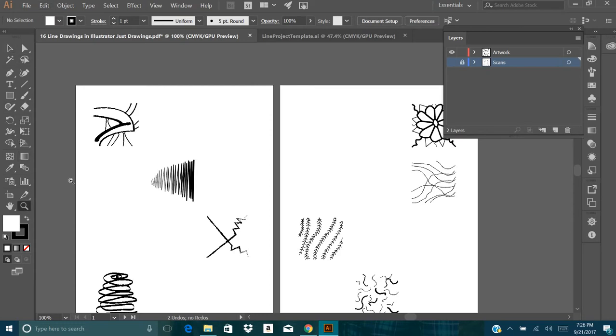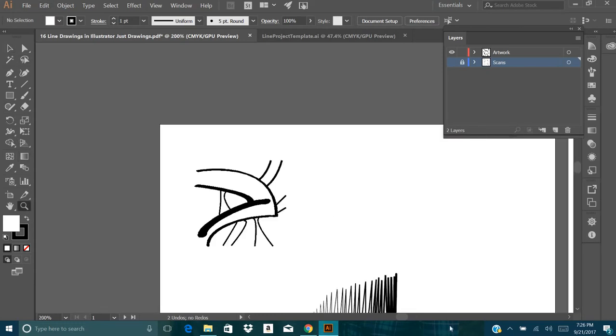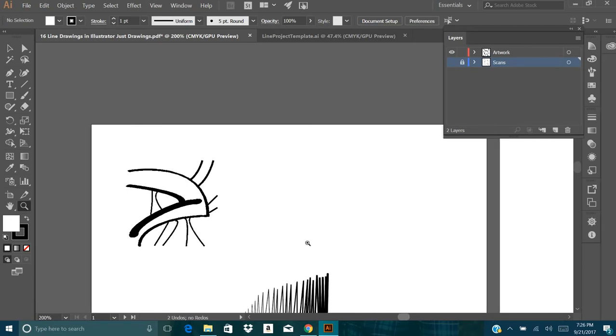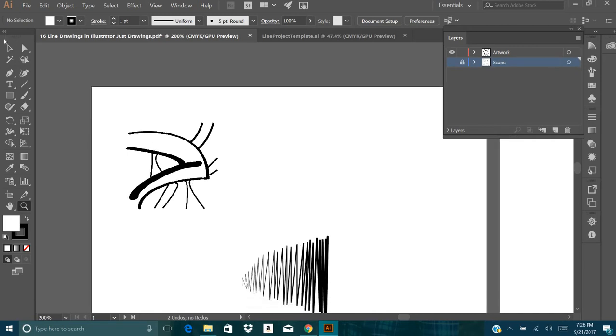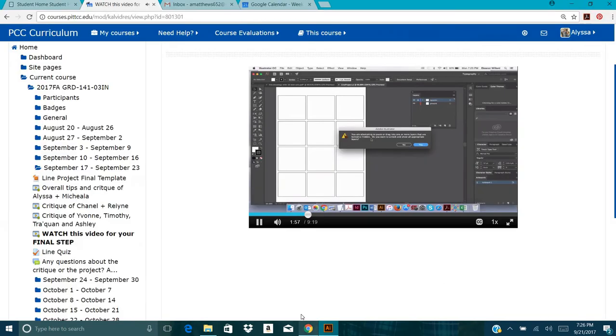And then you're going to Command C to copy it, and then you're going to go to the template that I provided, the line project, and you're going to place this file, or actually copy and paste your artwork into this file. Okay, now you may run into this as well. It says you are attempting to paste or drag into one or more layers that are locked or hidden. So as you can see,